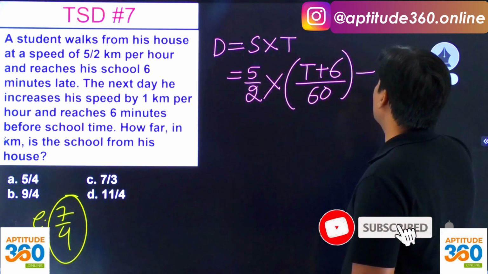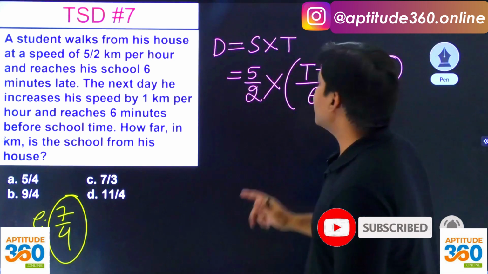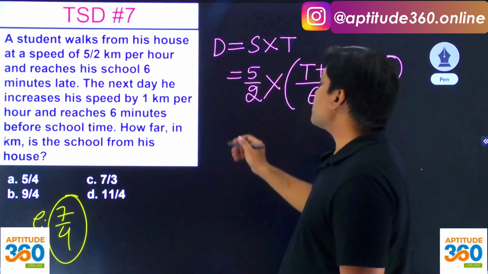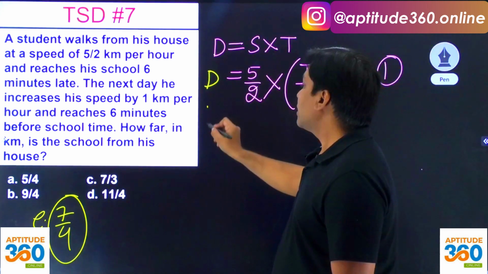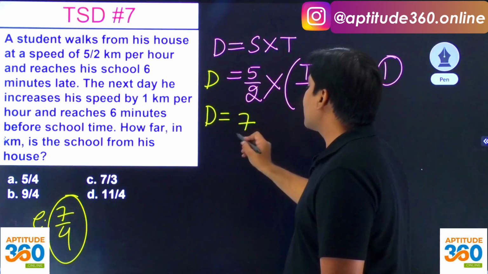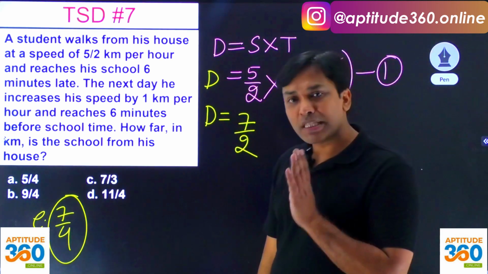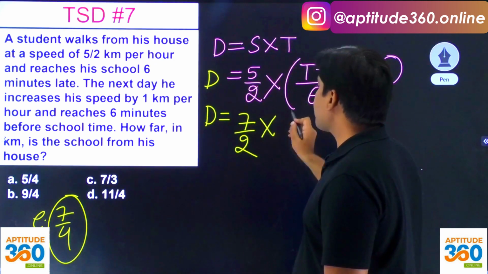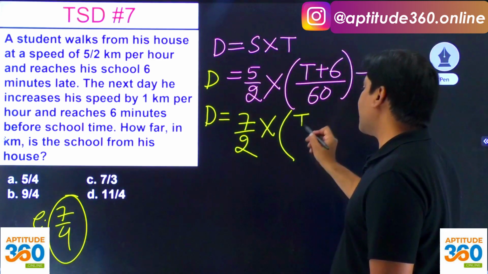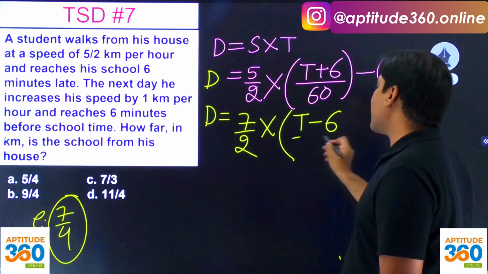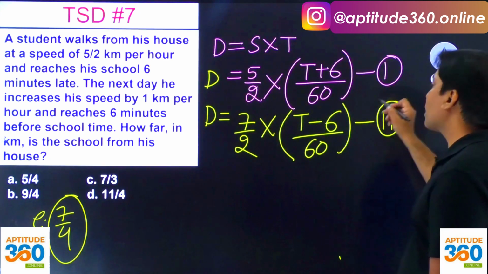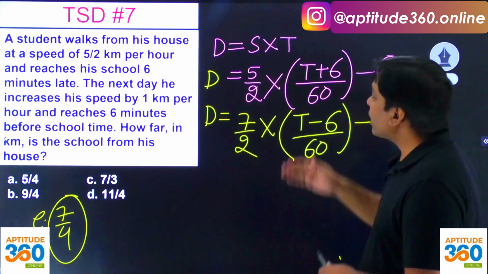That's your equation number 1. And then it also tells you that if the next day he increases his speed by 1 किलोमीटर पर आवर, अगर स्पीड बढ़ाया तो 5/2 + 1 is going to be 7/2 स्पीड इंटू, and reaches 6 मिनट्स बिफोर। सो अगर t मिनट्स में पहुंचना था तो ये t - 6 मिनट्स में पहुंच जाएगा, डिवाइड बाय 60 कर दो। दिस इज योर इक्वेशन नंबर 2।